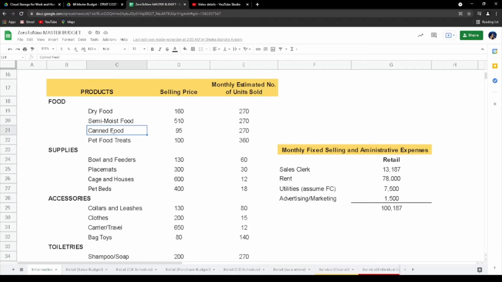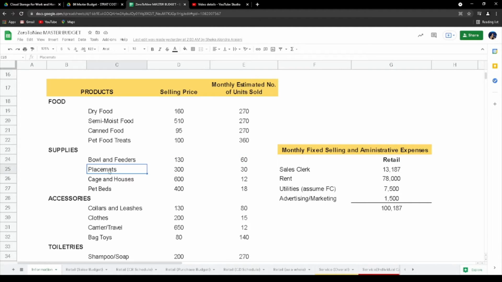Third, canned food with a selling price of 95 and also 270 as the monthly estimated number of units sold. Fourth, pet food treats with 100 as the selling price and 360 as the monthly estimated number of units sold. Second category under the products is the supplies. We have here the bowls and feeders, placemats, cage and houses, and pet beds. First is the bowl and feeders, with 130 as the selling price and 60 as the monthly estimated number of